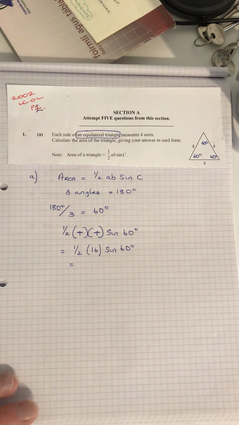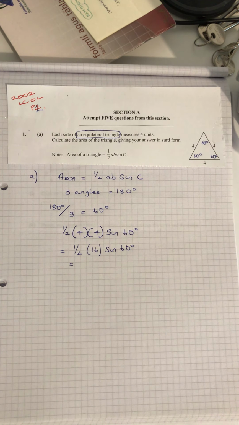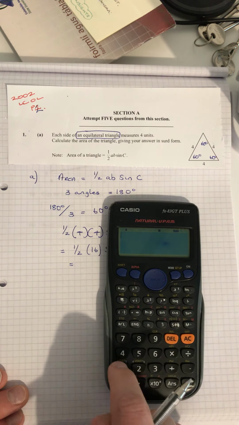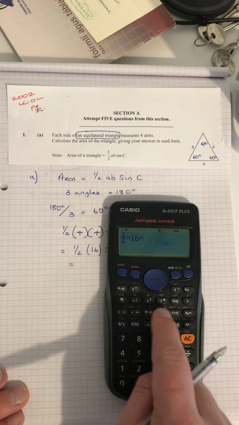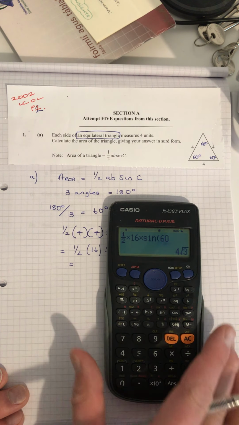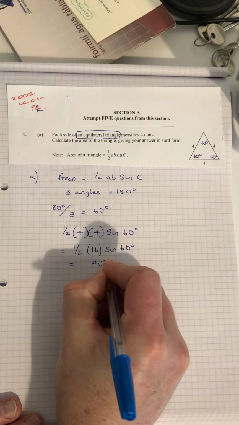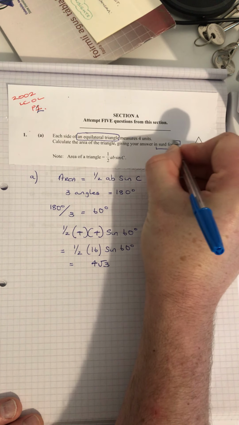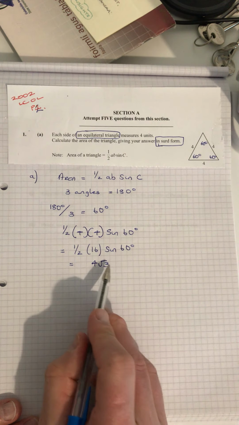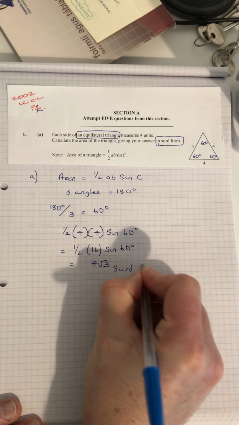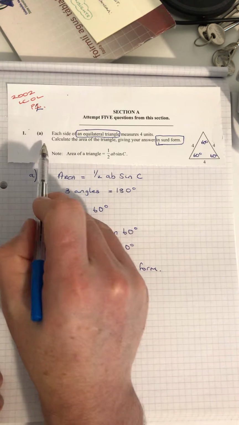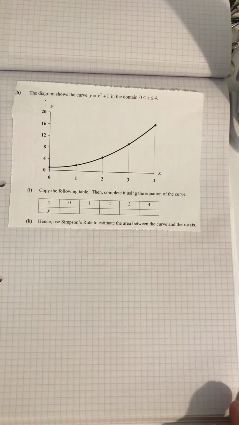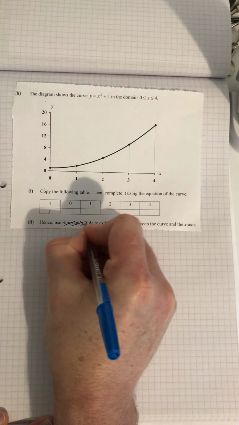So use your calculator. 1/2 multiplied by 16 multiplied by sine of 60 is equal to 4√3. And that's what surd form means, okay? So surd form has the square root sign in it, okay? And that's part A. Part B, we're back to our, it's not Simpson's rule,